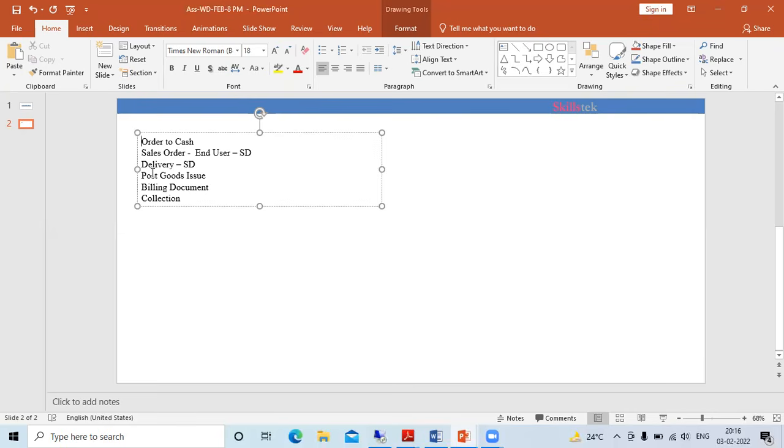Now, what is our role after this training, when you join as a consultant? What are we going to do? As a consultant, you are going to handle the finance part, because controlling is also involved. That means how many modules are involved here? One is your sales and distribution module, SD,